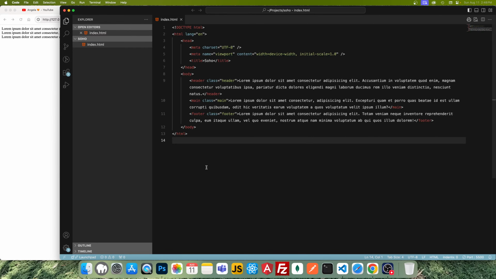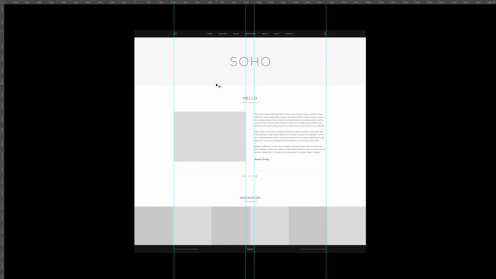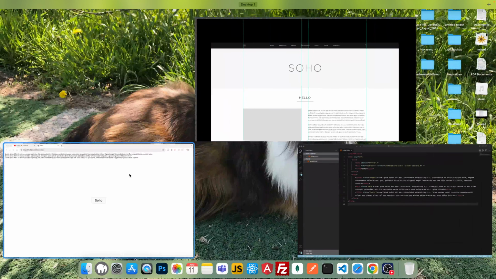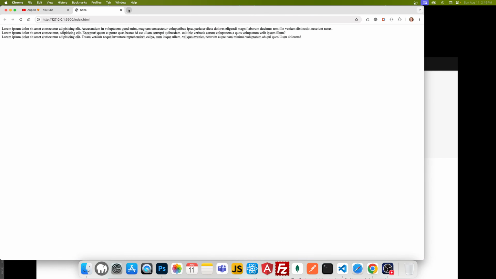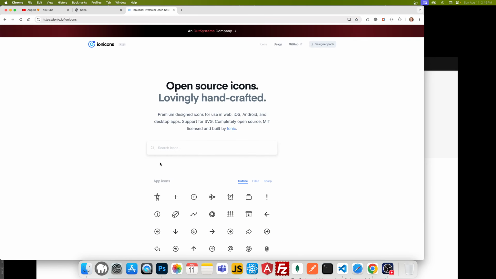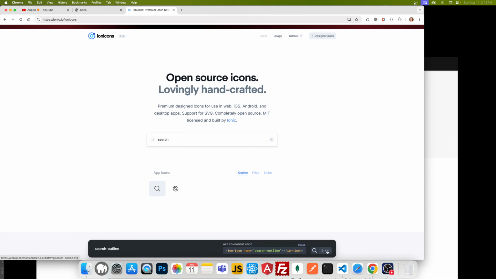And again, my approach is very top to bottom. So let's open this up here, make it a little bigger. We have this very low profile header with 1, 2, 3, we have 7 items. We have an hourglass on the far right, and we have a hamburger menu on the far left. Let's grab some icons, and I like to use Ionicons because they're free and they're simple. Let's look for a search. Perfect. I'm going to grab this as an SVG,